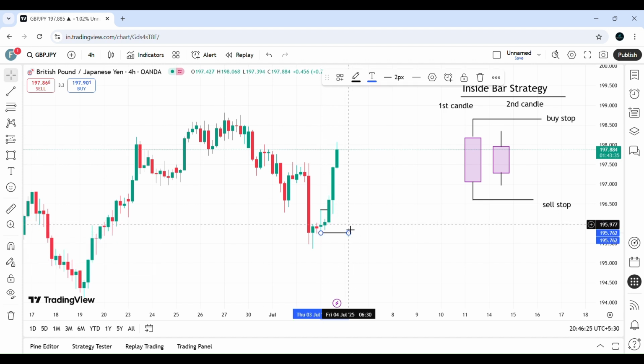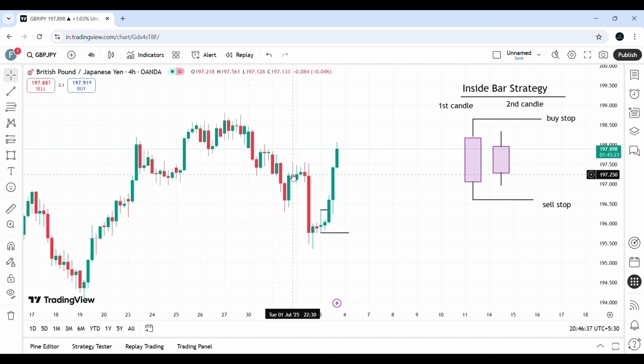Boom, it breaks out, you win a trade. Easy, yeah? Let's look for other examples. You could see right over here, this second candle is inside this first candle. You set your buy stop right over here,